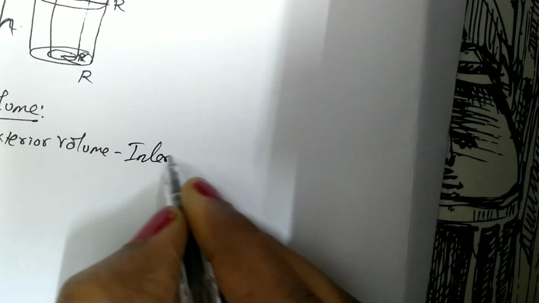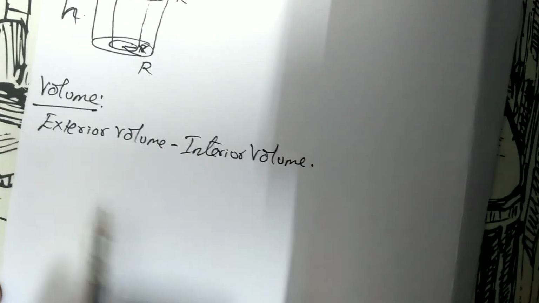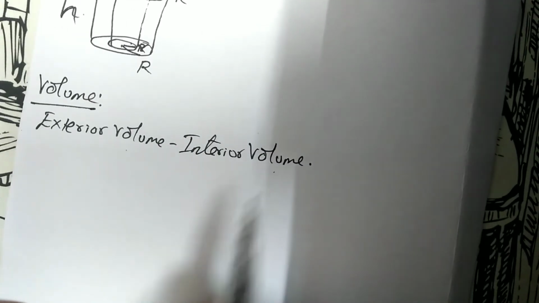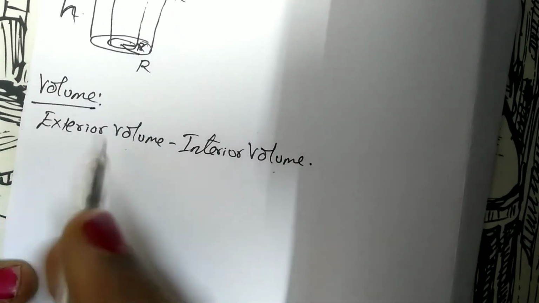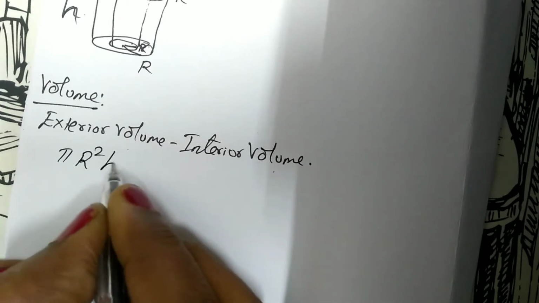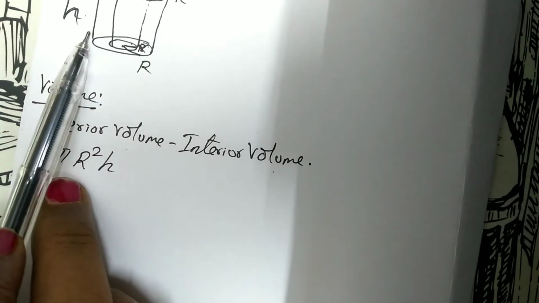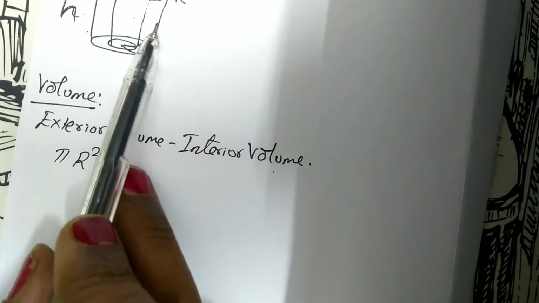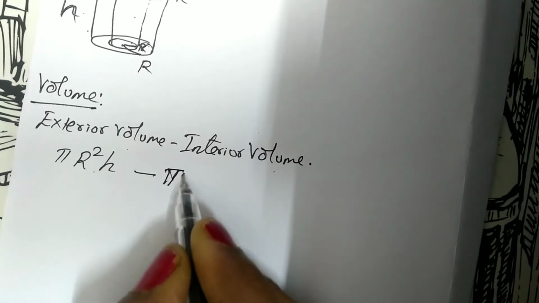Here, for this part, I am just going to give you the formula because there is no derivation for this. But I am explaining how you get those formulas with simple information. Exterior volume minus interior volume. What is exterior volume? The exterior pipe, no? With that, you know the volume of this is pi capital R squared h. You consider this as a single cylinder. So the outer one is one cylinder, inside is one cylinder. So the outer cylinder volume is pi R squared h minus the inner, pi small r squared h.